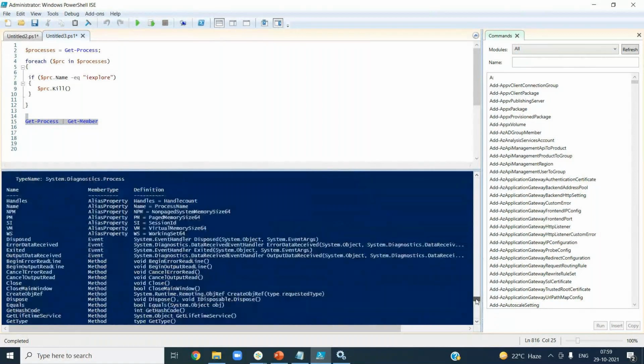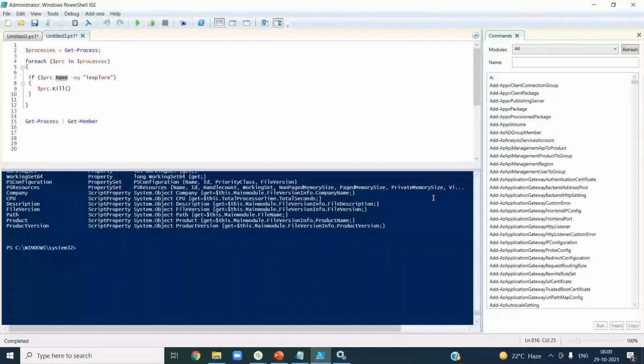Now what are all the properties and methods available in Get-Process? Get-Process is a command. From this command you will get a set of values, and those have a number of properties and methods. I see there are a number of methods. Let me take it into some notepad so it will be easier.